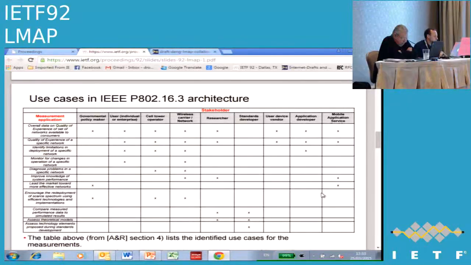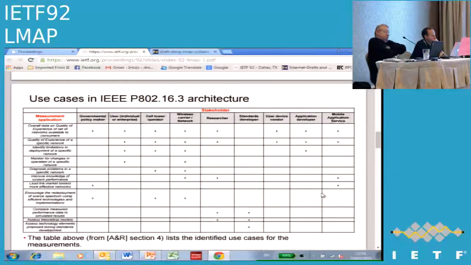So there could be some stakeholders that are interested in understanding such obstacles, such limitations. Another use case can be the monitoring of changes in operation of the network. The network can be overloaded, can be out of order, and even this use case is specifically important for some